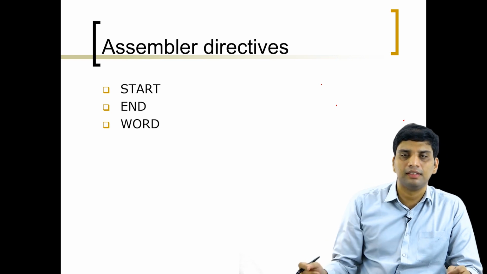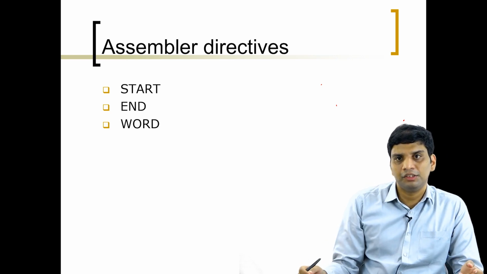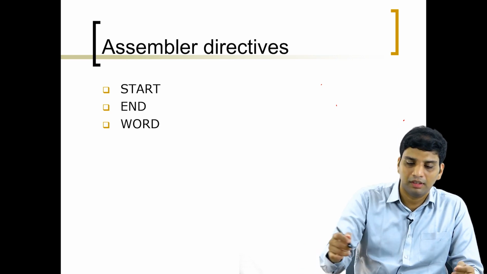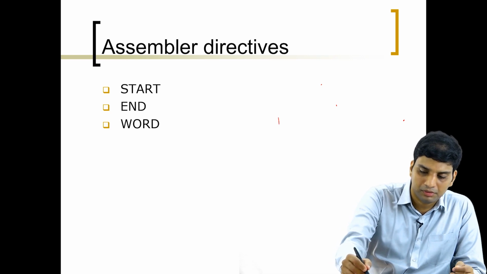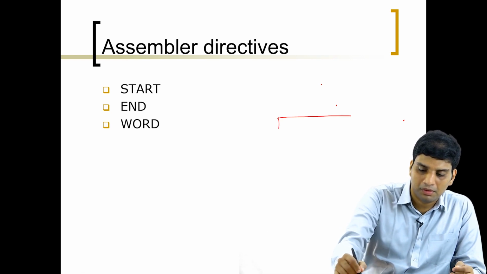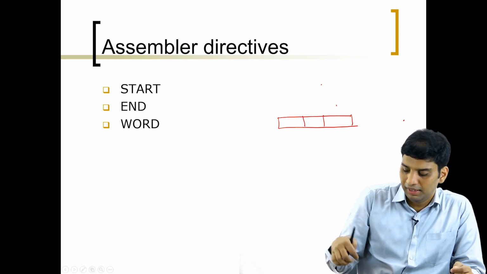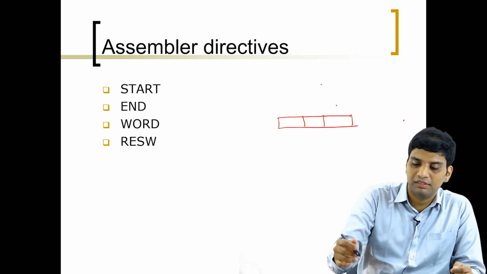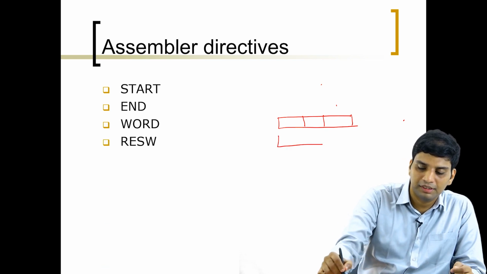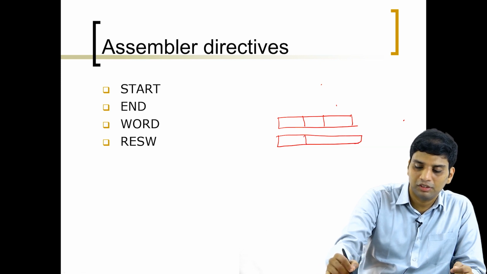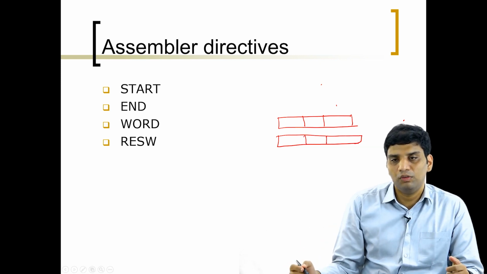So we have discussed that 3 consecutive bytes form a word. Next, you have reserved word. We will compare these two, then it will be easier for understanding purposes. Another one is reserved word. Now listen how this works.